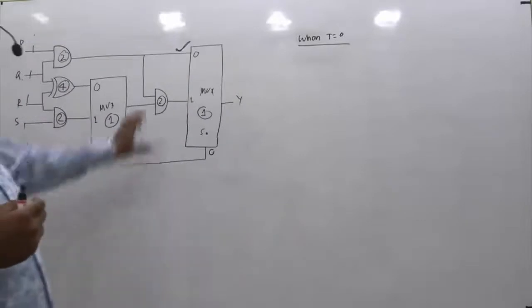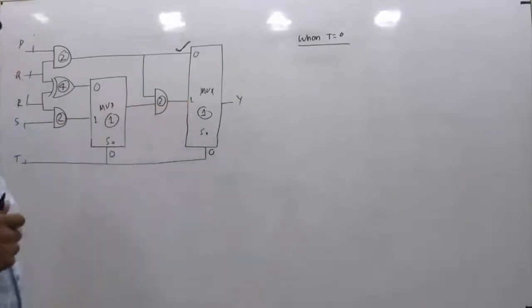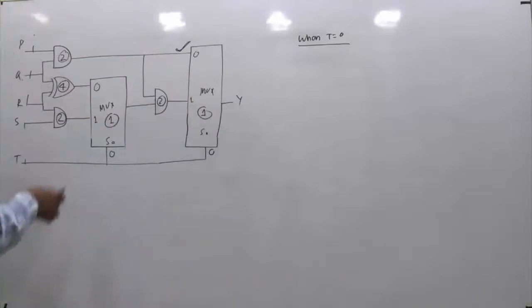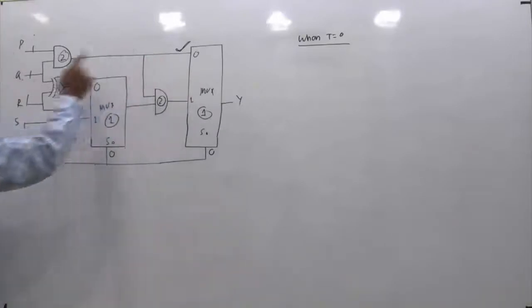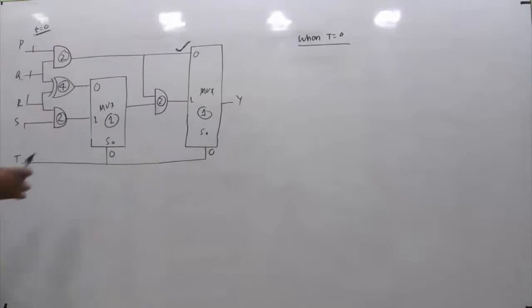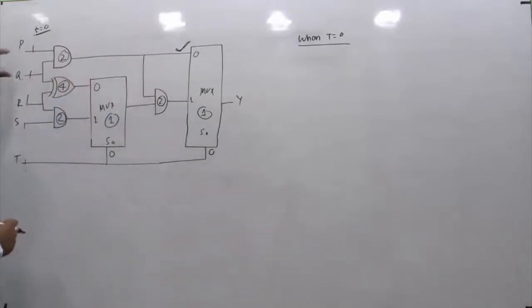I shouldn't think anything about this because this input is not of interest to me as far as T equals 0 is concerned, right? So when T equals 0, this input will be selected. Now when you get these inputs, let us assume that all the 5 inputs are given at T equals 0. For reference, let's assume that. So you will get this output, nothing but the output of this AND gate. So the AND gate inputs are what? P and Q. So P and Q are available at T equals 0.